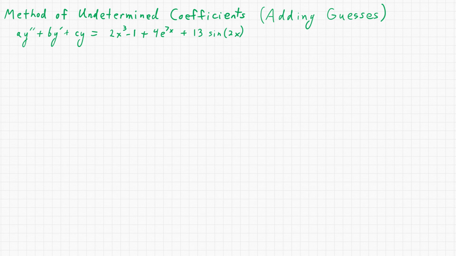One more thing you can do with the method of undetermined coefficients is you can actually add guesses together when they're added on the right hand side here. So here we have this generic a y double prime plus b y prime plus c y equals, we have a polynomial here, 2x cubed minus 1. We also have an exponential, 4 e to the 7x, and we also have a trig function, 13 sine of 2x. And so your initial guess